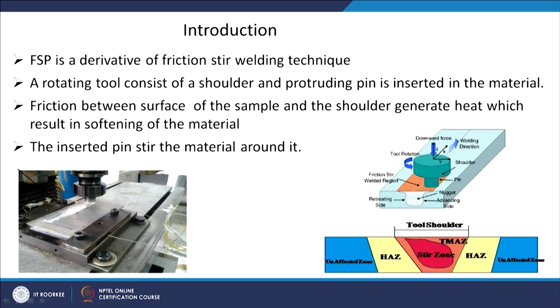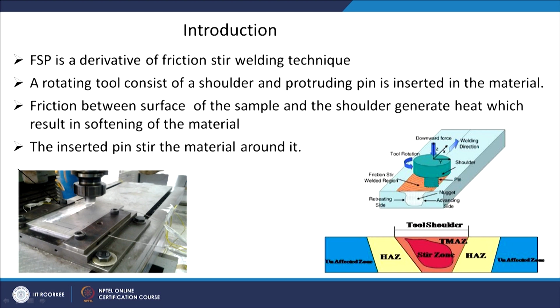and this tool is now rotating at a good RPM. So what will happen is that this shoulder will rub against the surface of the workpiece and will generate heat through friction. And this heat will of course dissipate around, and when you go to higher temperature, we have already seen that the flow stress of the material keeps coming down. So basically the material becomes soft.